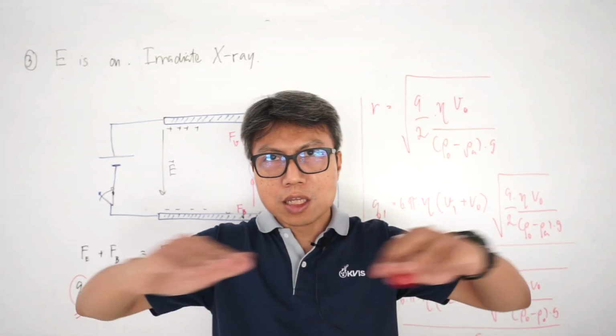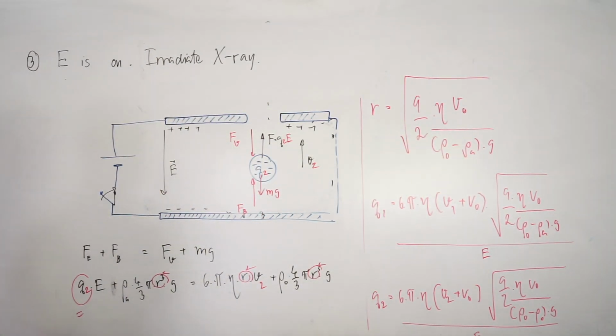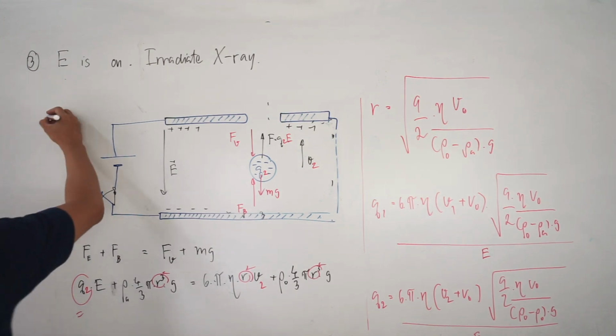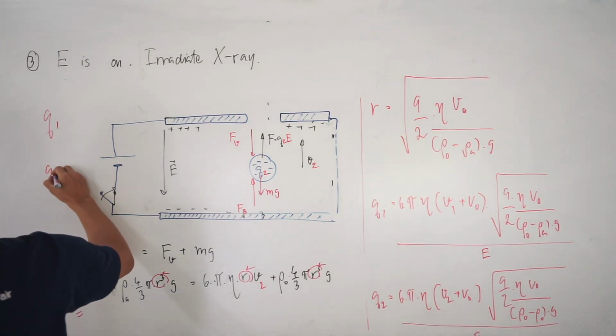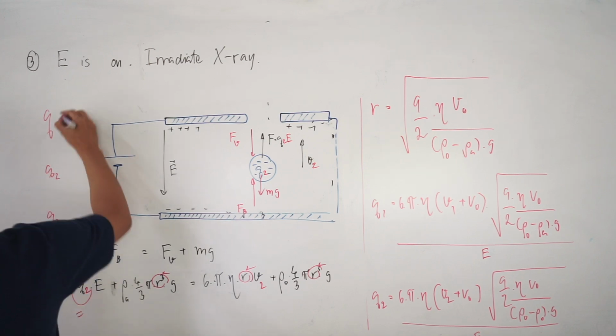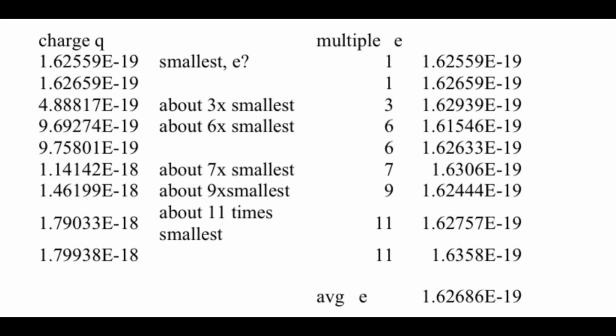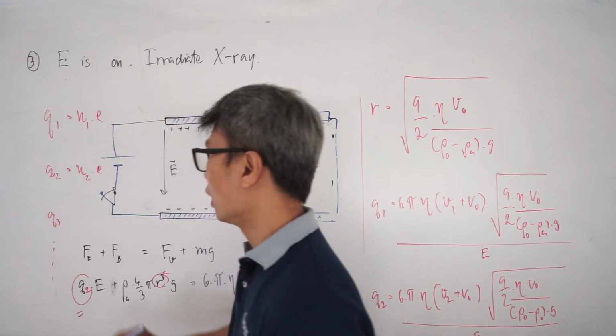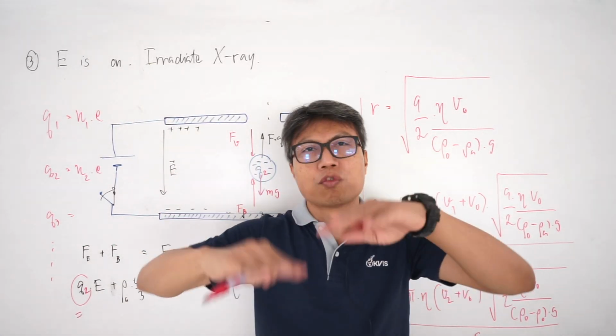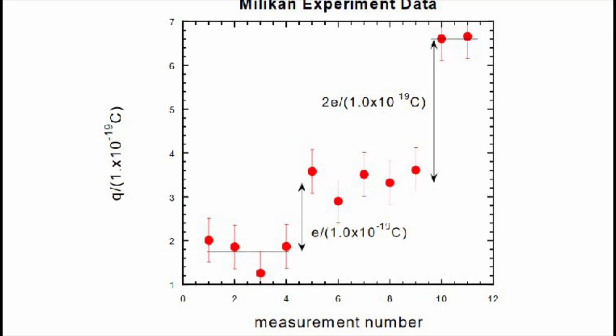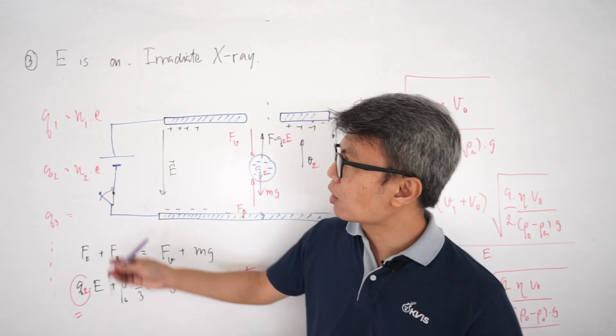From this data, they assumed that the charges Q1, Q2, Q3 should each be an integer number, for example N1, multiplied by the elementary charge. And they used mathematical formalism, plotting a graph and trying to find the common divisor, to calculate